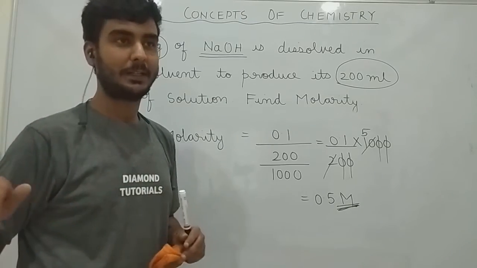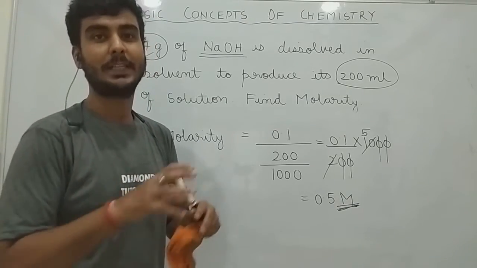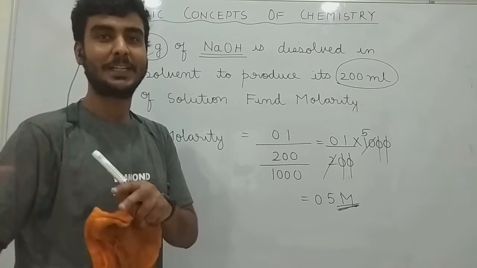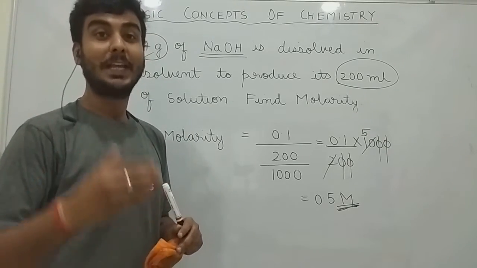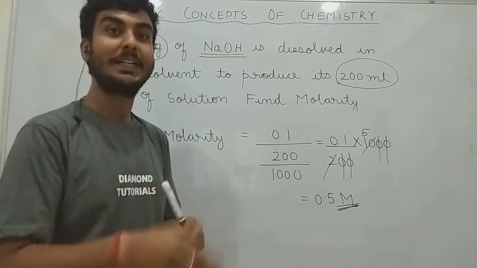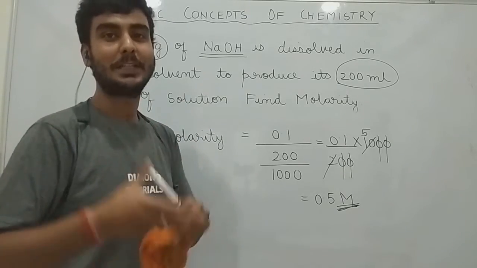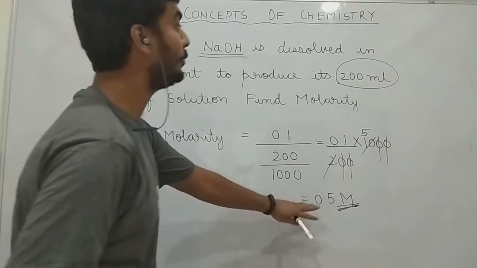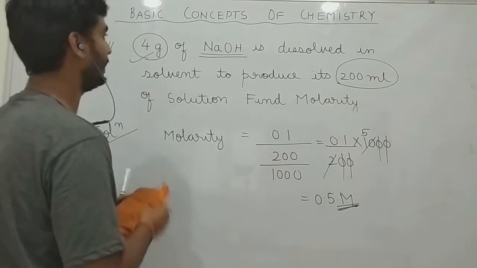They will give different units in different options. They will keep the number the same, but they will change the units in different options. If you don't know the unit of a physical quantity, in spite of knowing the answer, you will not be able to choose the correct option.